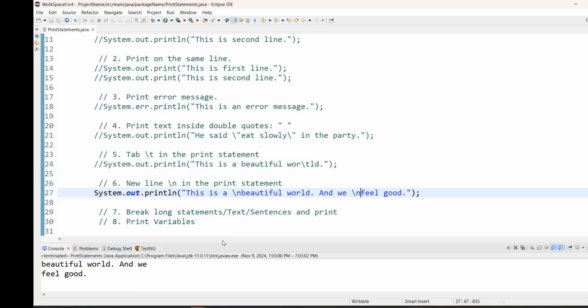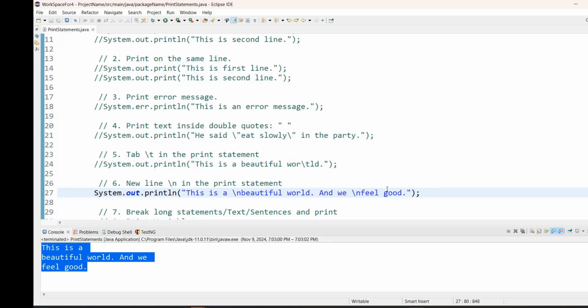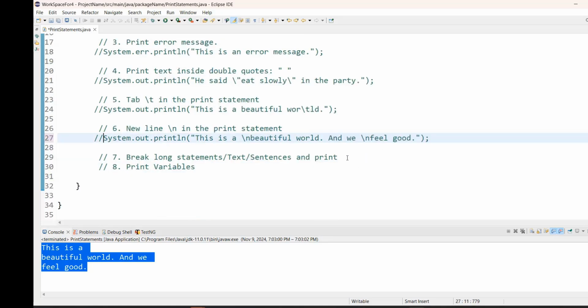So now we have 3 lines in the output. Okay, see, we put one here and we put one here, so accordingly we got the result. Okay, so this is the use of new line. Let me comment this. Let's move on to the next point. This one,